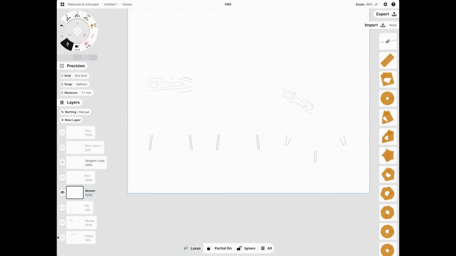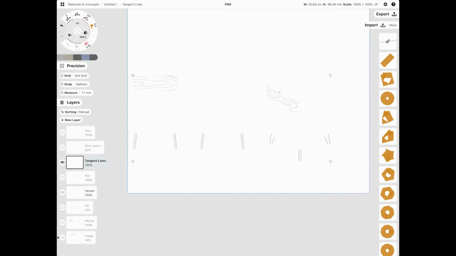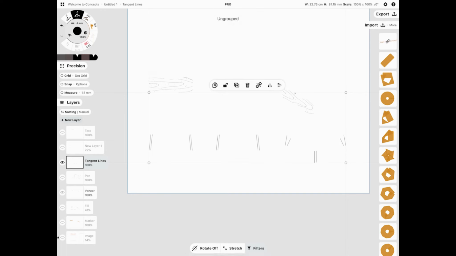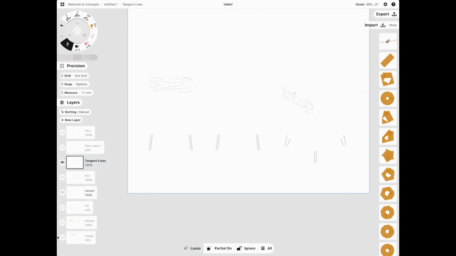Currently I have the selection only active, so now I select all. Now I select everything over it, and you see the tangent lines are ignored. If I would go back, include locked, unlock this, and select all this, this all moves. So it's just a matter of you deciding how you want to structure your drawing,